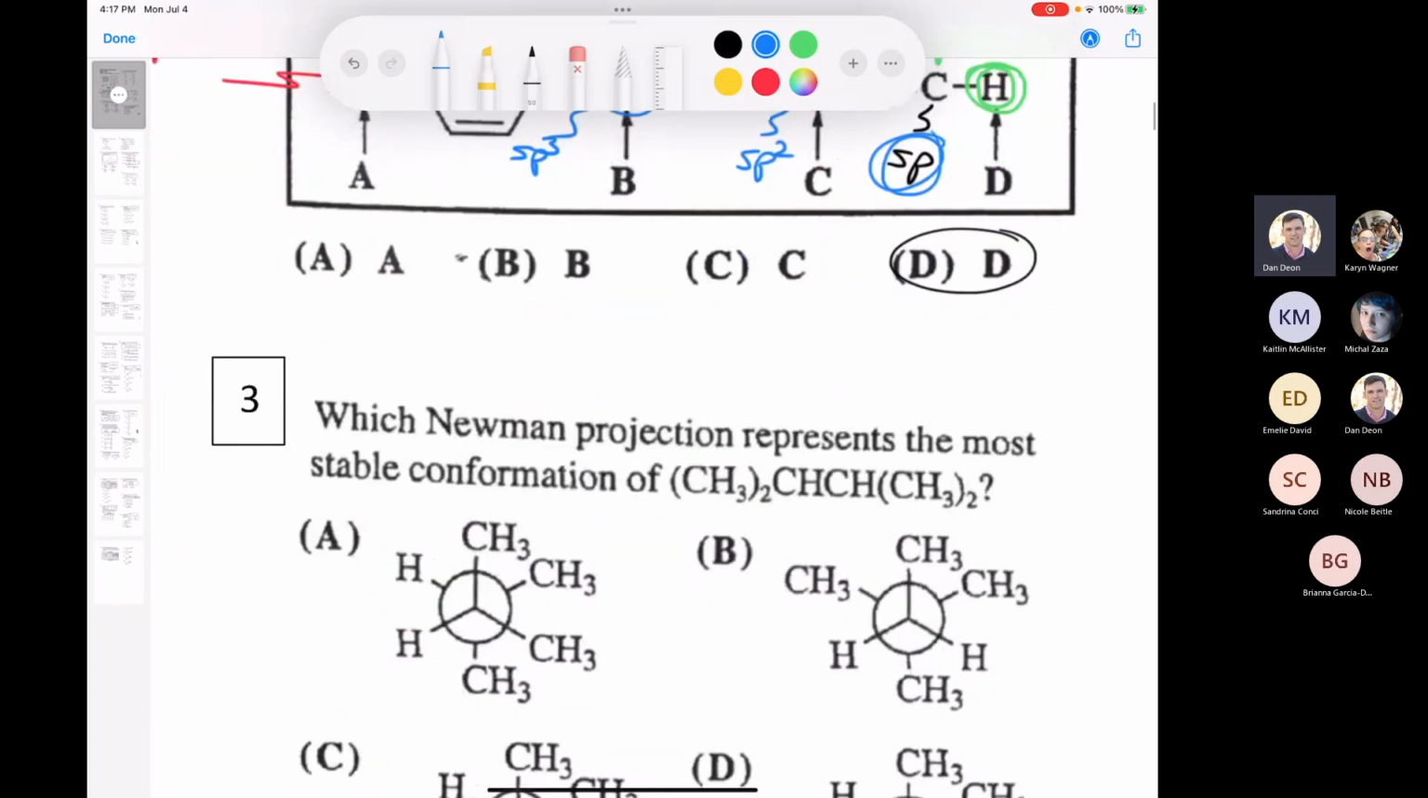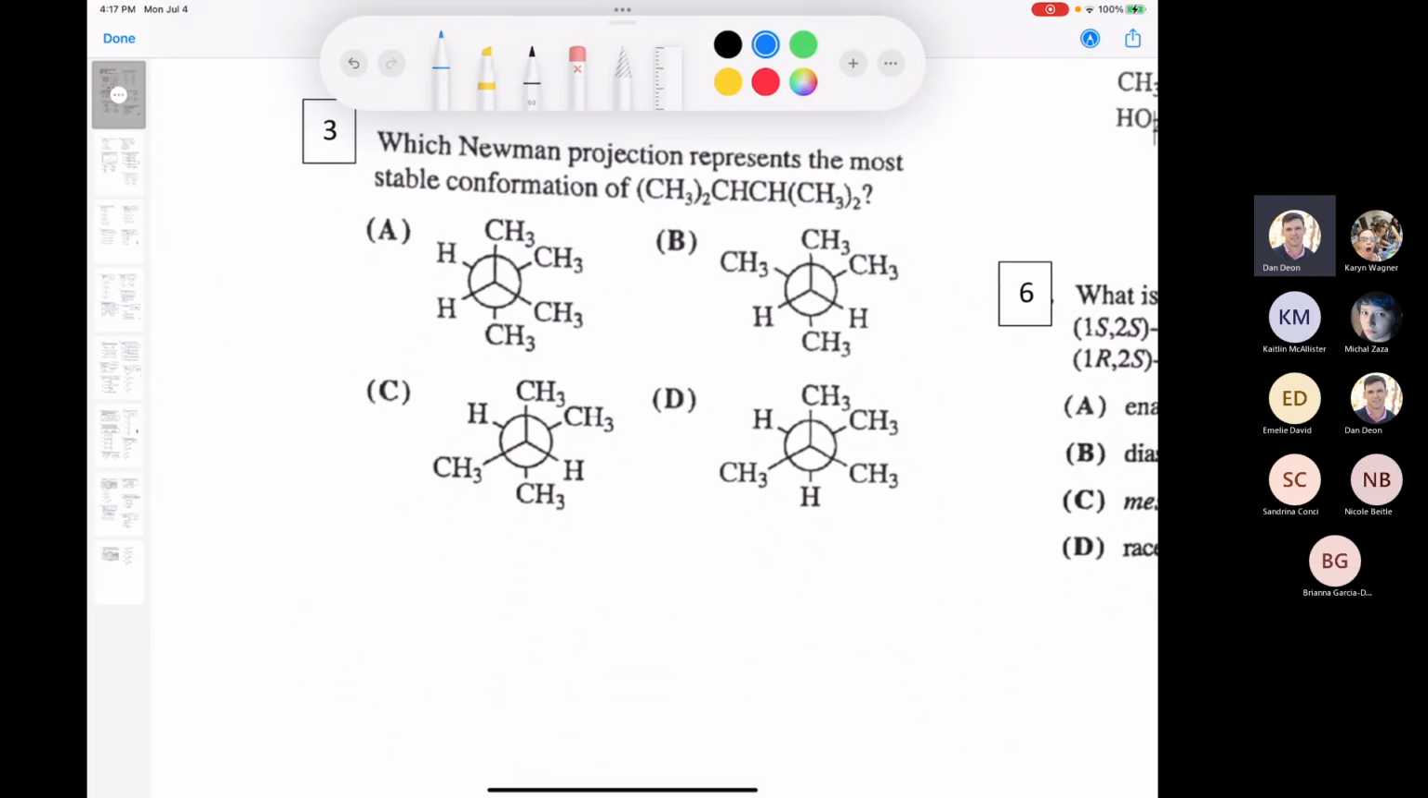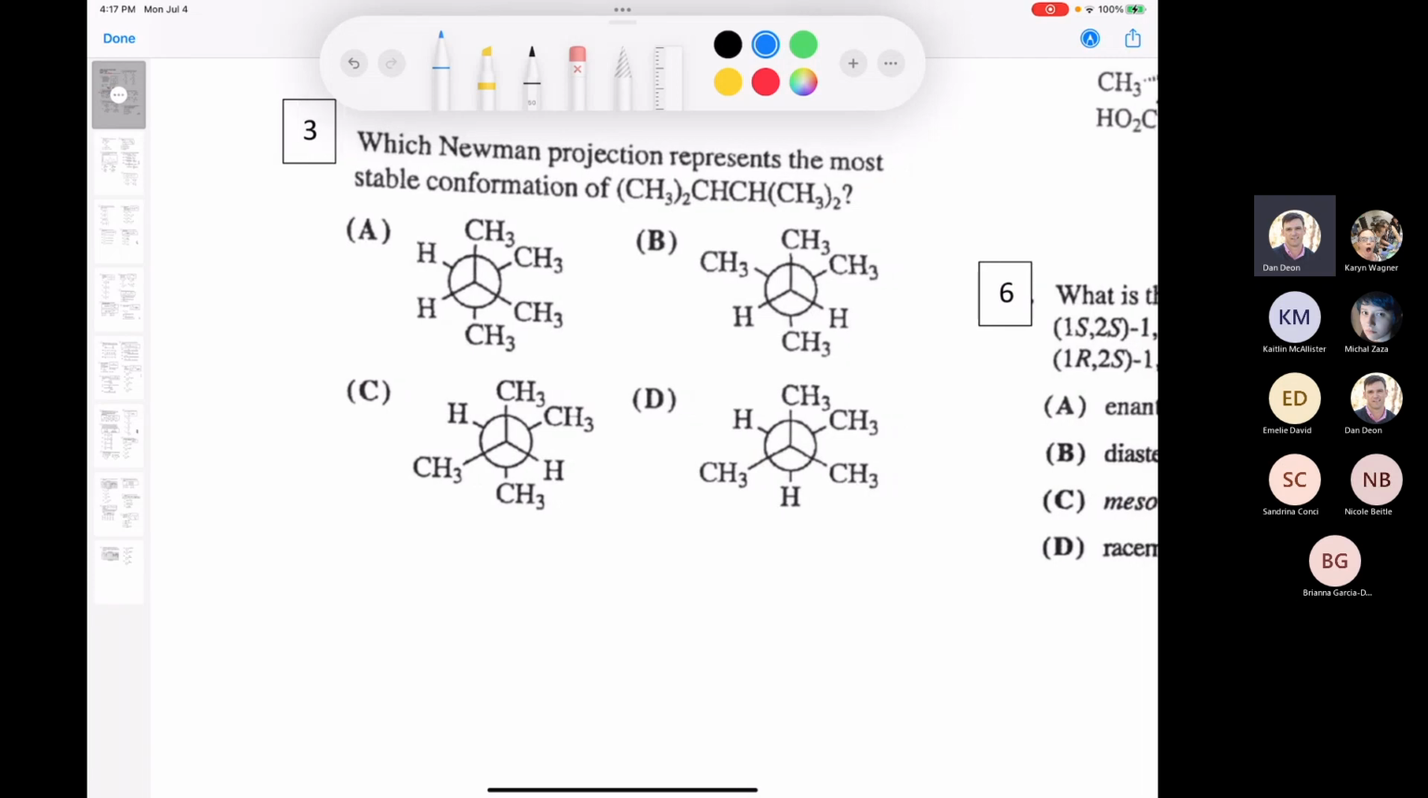Let's move on from there. Oh boy, Newman projections. All right, so Newman projections. Question 3 says, which Newman projection represents the most stable conformation of this compound? So I think the first thing we should do is try to draw the bond line structure of this compound. So we've got 2 methynes in the middle. You've got 2 methynes, and they each have 2 methyls coming off of them. So you've literally got 2 methynes and then 2 methyls. So the compound is nothing more than